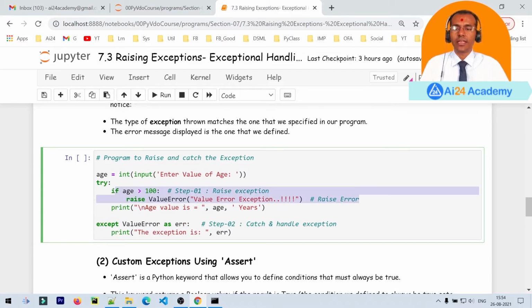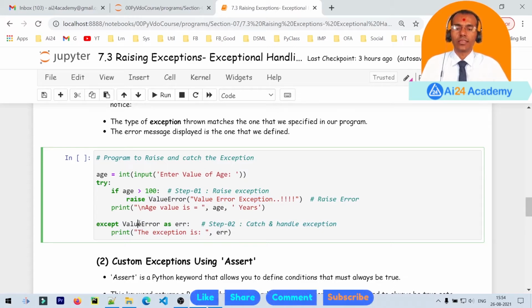If we enter an age value greater than 100, then it will raise this ValueError exception, and the execution will directly jump to this statement, and we have to handle the exception similar to the built-in exception handling mechanism. The only difference is here we are explicitly raising the exception, otherwise the handling part is similar to the built-in exception handling that we have seen in the last two videos.